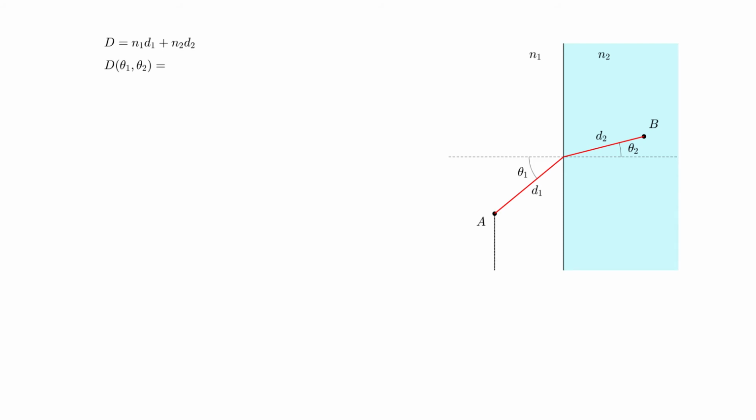For this purpose, I'm going to draw these horizontal distances. Let's call them x1 and x2. These are fixed, since our points A and B are fixed. We can now see that the cosine of θ1 is x1 over d1, so d1 is then x1 over the cosine of θ1, or x1 times the secant of θ1. So we can insert this expression for d1 in our equation for the optical path length. We can then use a very similar argument to express d2 in terms of θ2, and we thereby have our